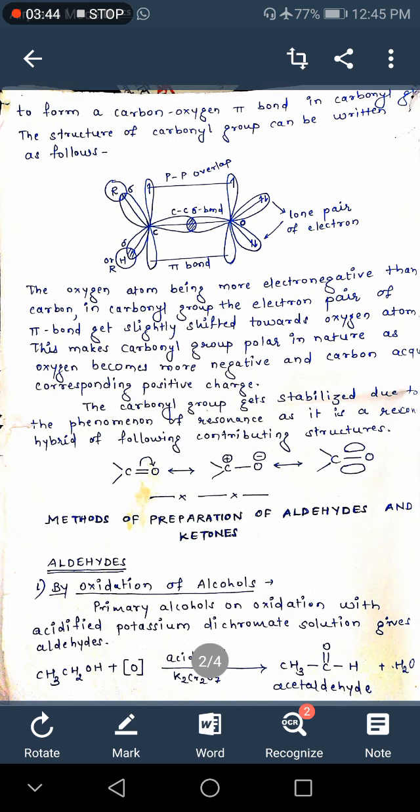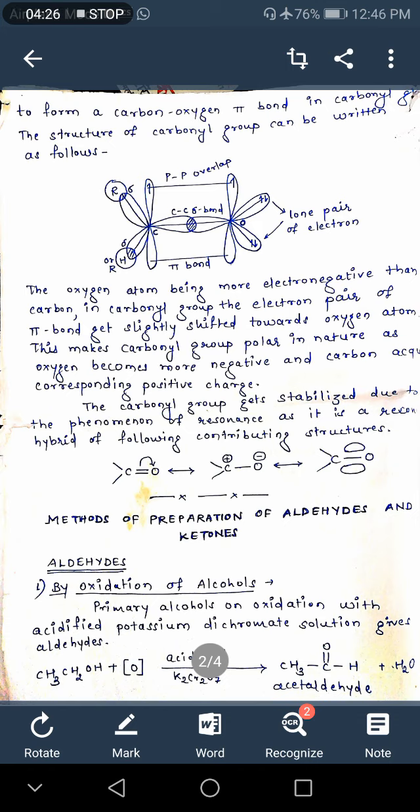Now here we are going to form a structure of it. So here you can see that on the left side carbon is there, showing 3 sp2 hybrid orbitals, out of which one sp2 hybrid orbital with one electron overlaps with the sp2 hybrid orbital of oxygen, so it forms a carbon-oxygen sigma bond. At the same time, the unhybridized 2pz orbitals form a bond laterally to form a pi bond. So carbon and oxygen form one sigma bond and one pi bond. So carbon double bond O we already show here.